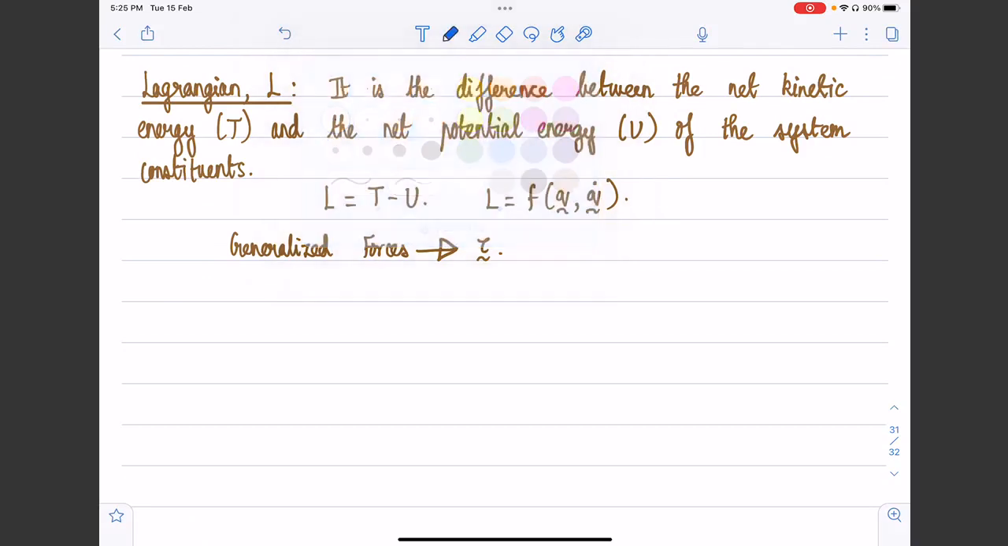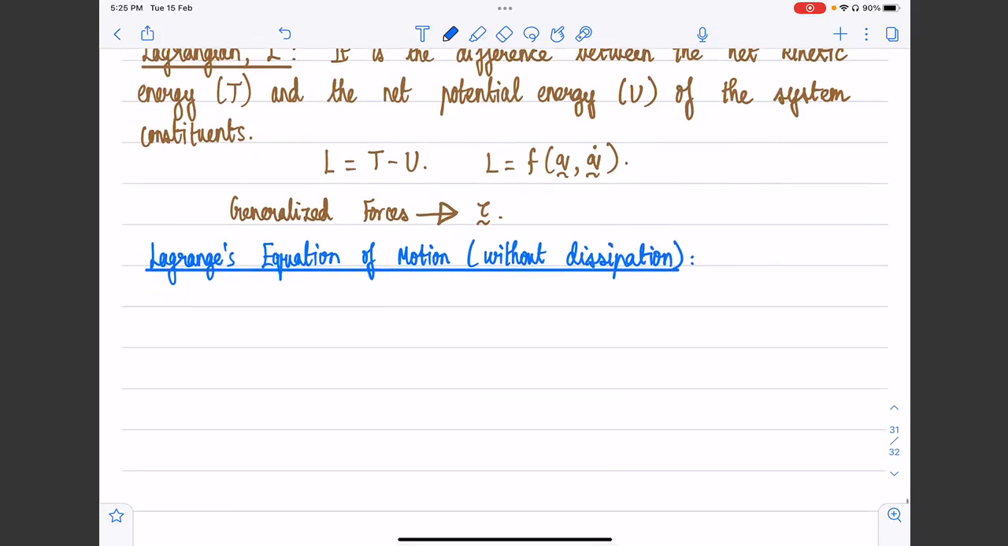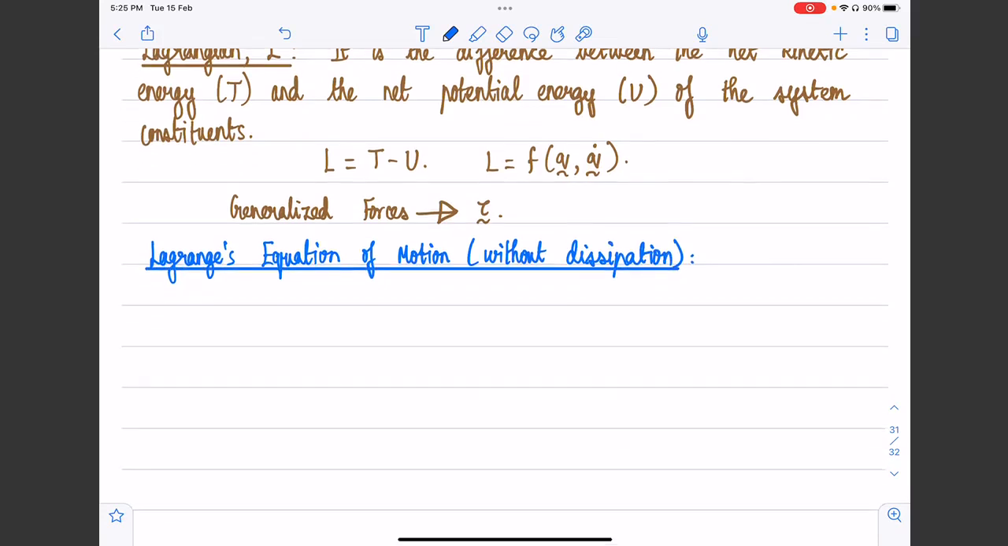So having set up all these things, the Lagrange's equation of motion when there is no dissipation. Let me write down the first case. The Lagrange's equation of motion without any dissipative effects. What do I mean by dissipation? Without dissipation, let's say there is no friction and other effects which lead to loss of energy. So when we don't have any dissipative elements in the system, I'm not deriving it, I'm only sharing the